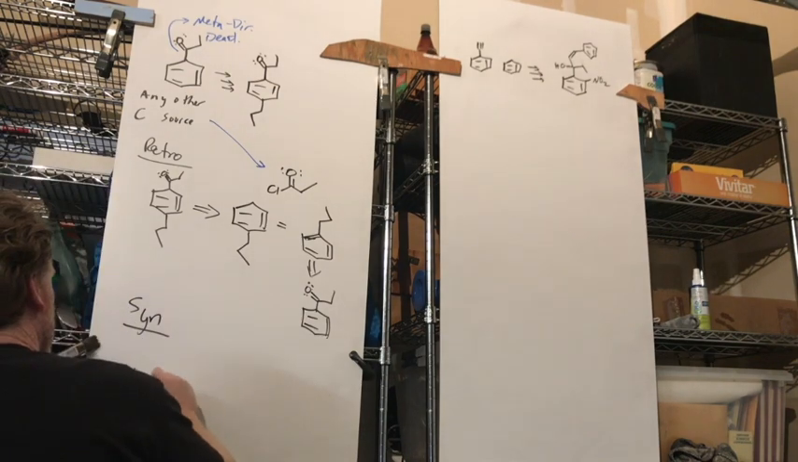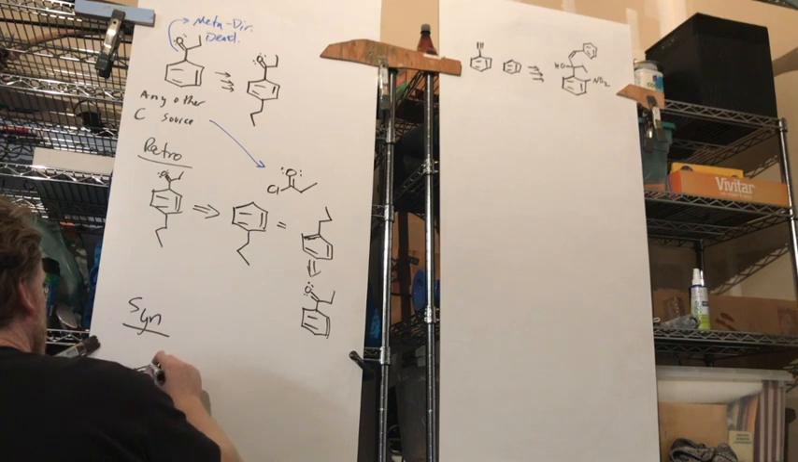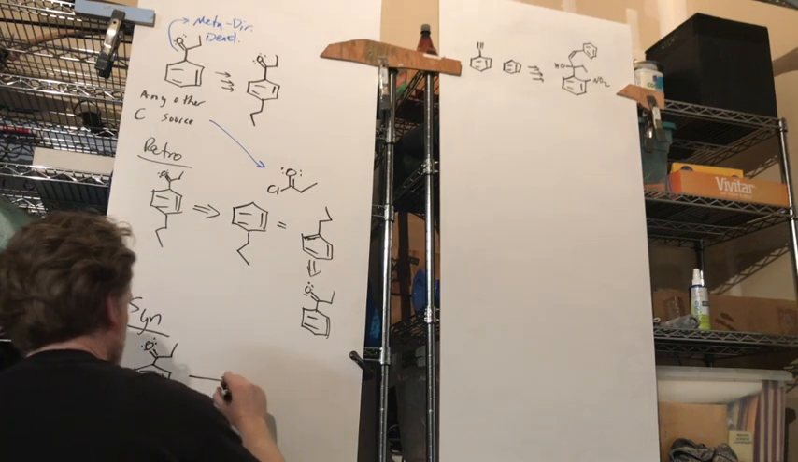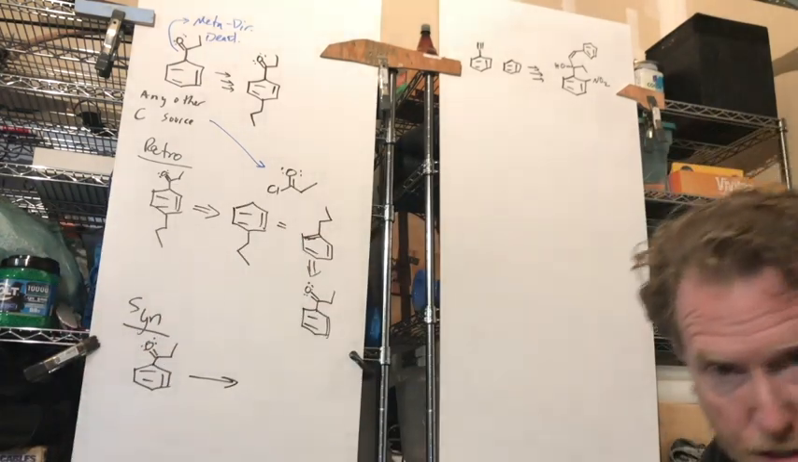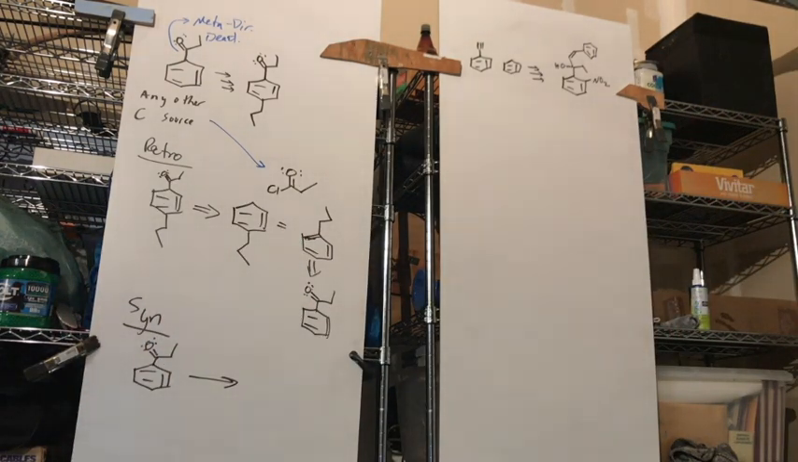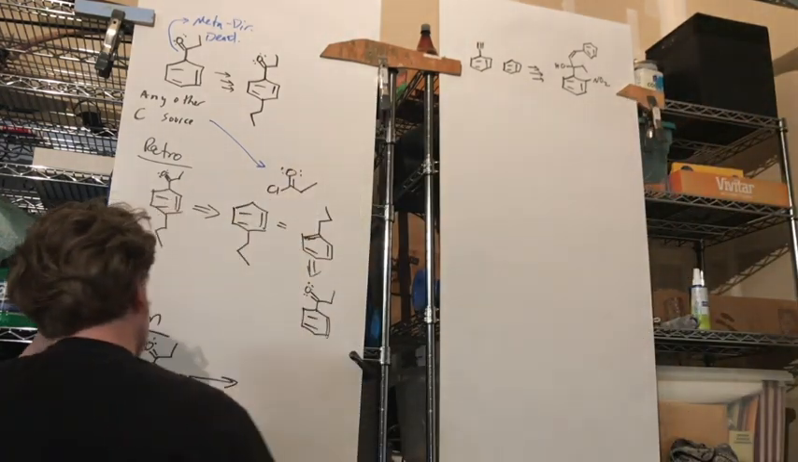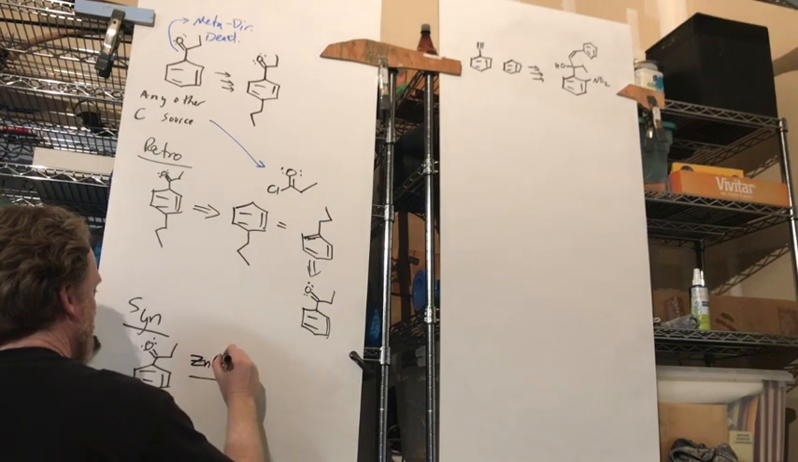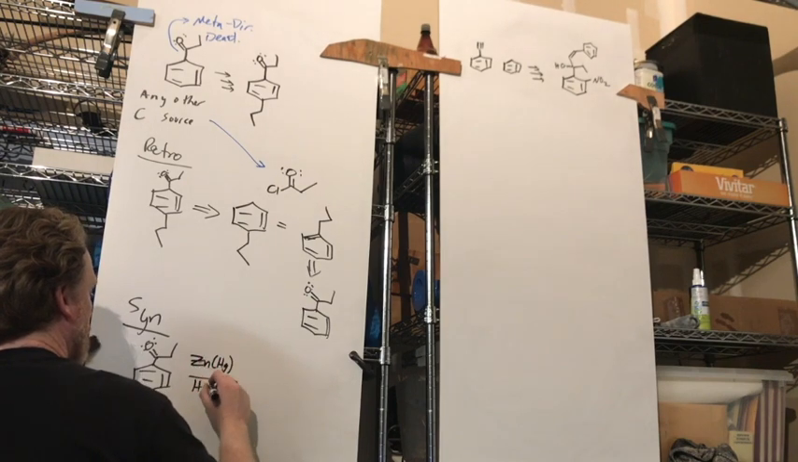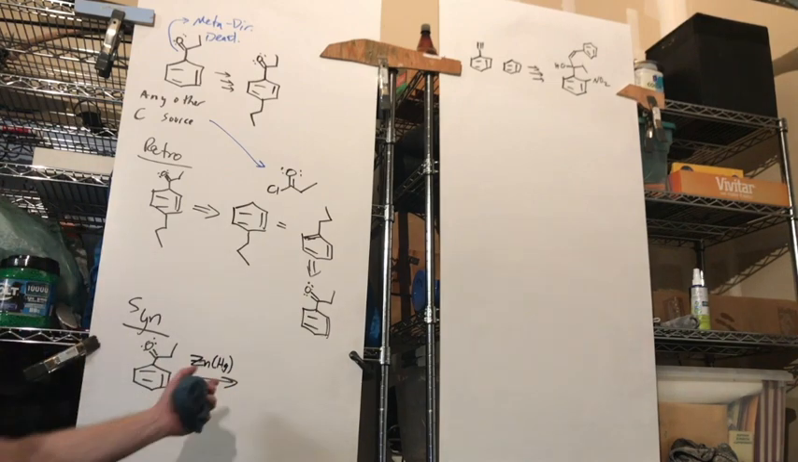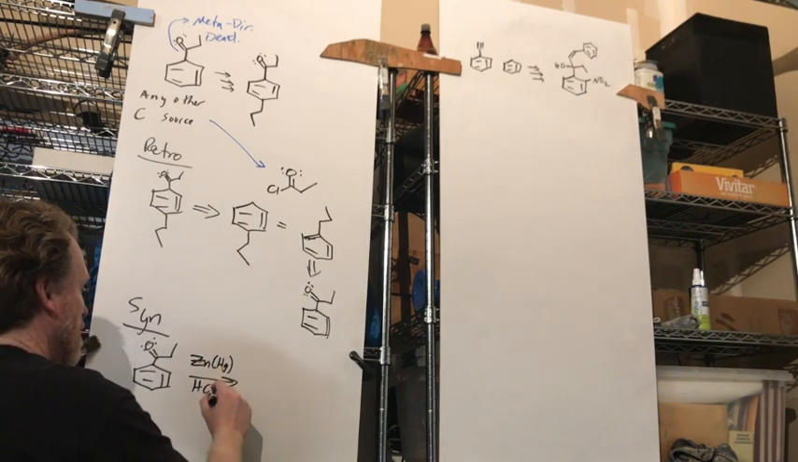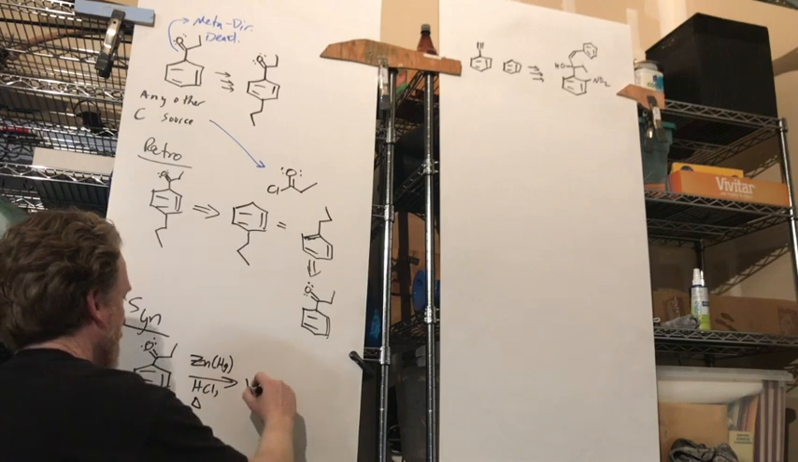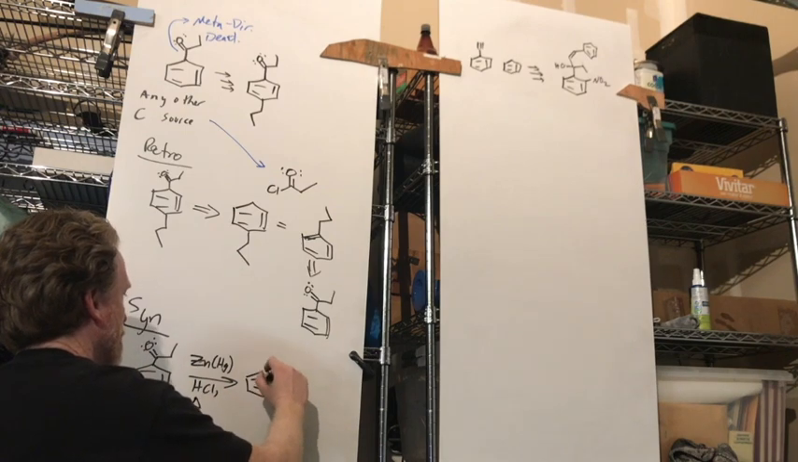So I start with my orthopara-directing ketone. And I have to reduce it to the alkane. And I can do that with my Clemmensen reduction. You don't have to have this mechanism, this reaction memorized, and we're not going over the mechanism either. But you'll have a table on your exam and it'll say, oh, I can use this. Zinc amalgam, HCl, and heat, and it will reduce this to an orthopara-directing